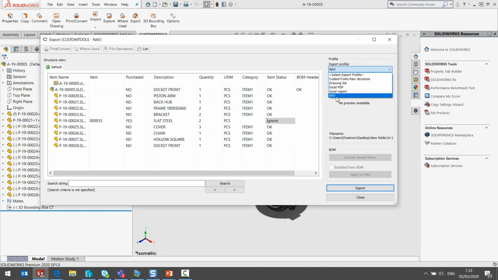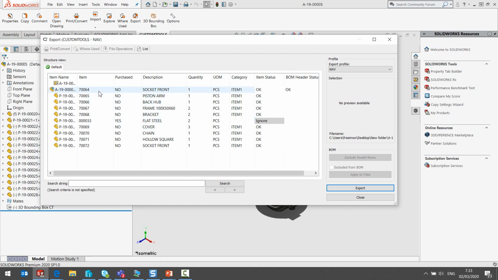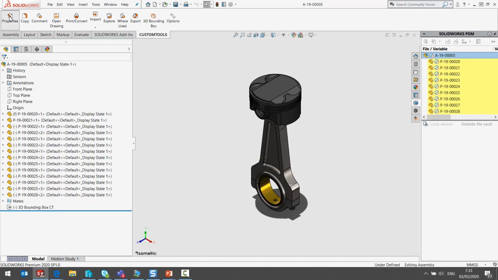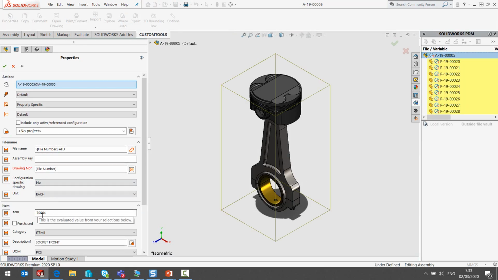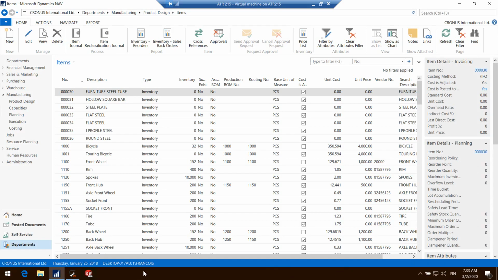Now the export has been completed, so I'm going to reload the profile to show you that the item number will also return during the export, and all the NAV item numbers will also return back to the custom property. For instance, here I can copy the item number that was generated for the top level assembly,